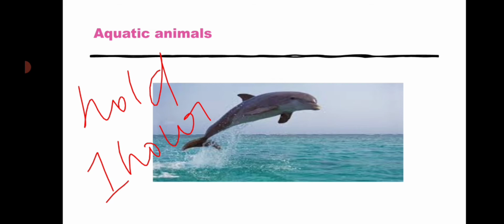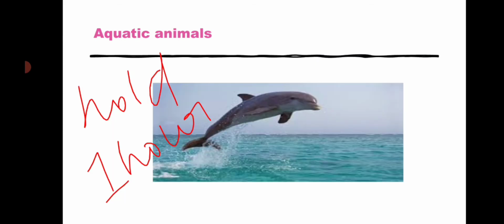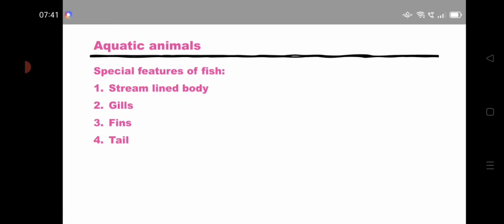But you can ask, they have lungs, why can't they live on land? The bodies of these whales and dolphins have some special features. If they come out of the water, their skin will dry out and they can't overcome the extreme climates, so they will die. So these animals' skins should always be kept moistened, so they live in water only, and they are considered aquatic animals.